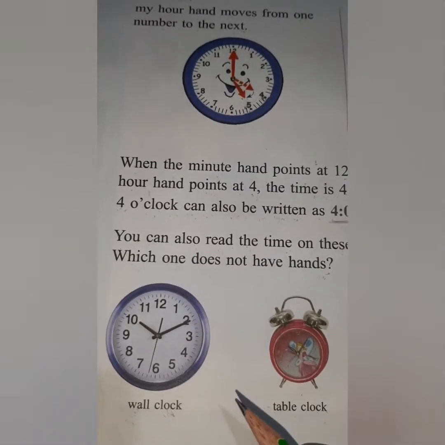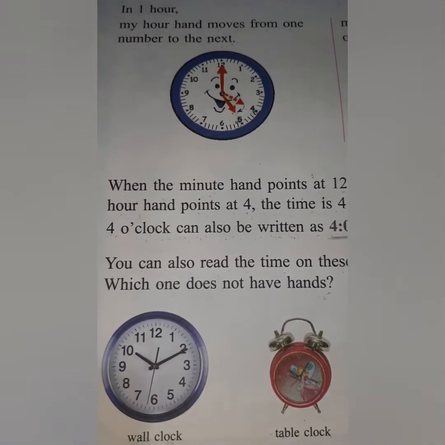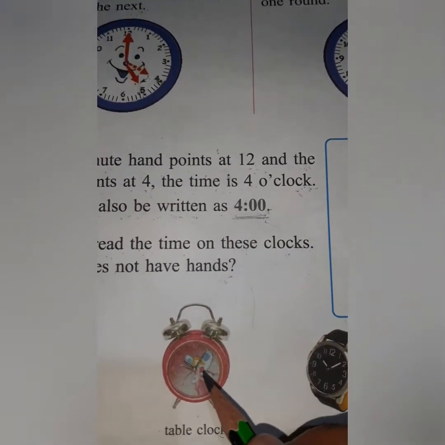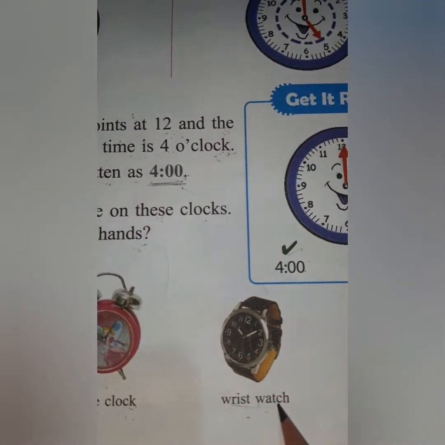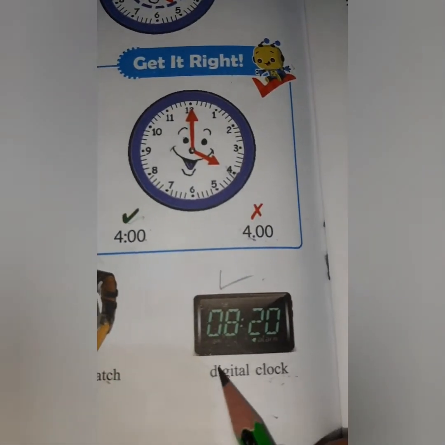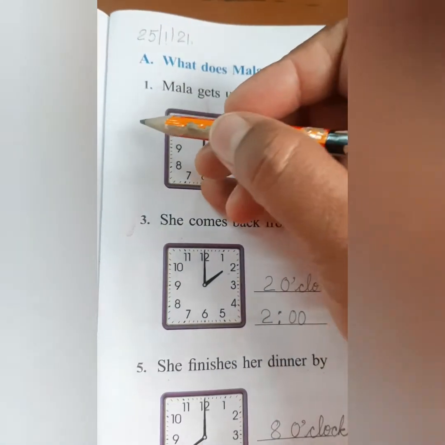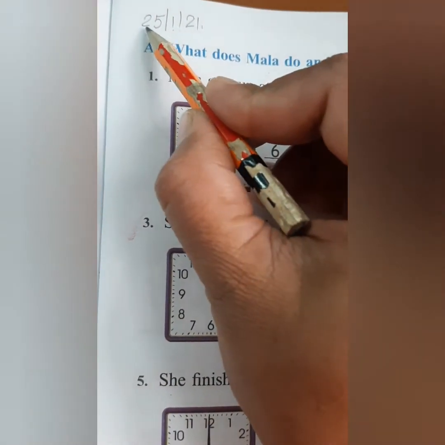And children, we can also read time with the help of a wall clock. This is a table clock and we set an alarm on it. This is a wrist watch which we wear on our wrist. This is a picture of a digital clock, okay? Children, now let's come to page number 139, okay? First of all, write down today's date,